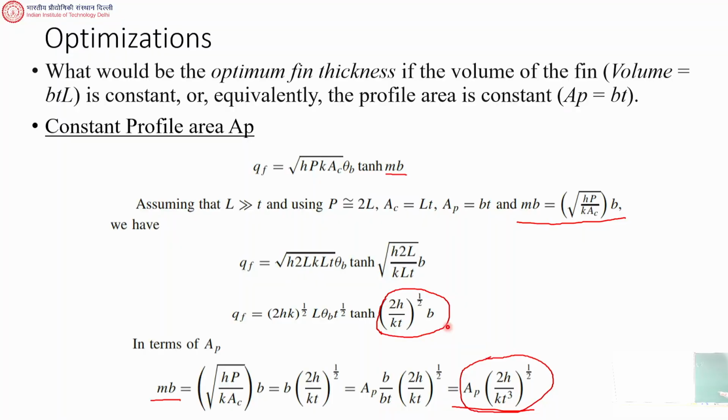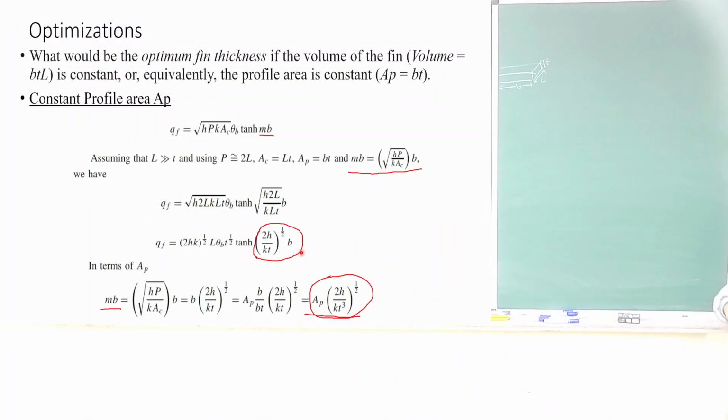Now, when we write it in terms of the profile area AP, the advantage is that we can also consider situations when AP is a prescribed number. Okay. So let's say you want to spend this much amount of material in building the fin. Then that means that's a particular volume, right? And from that we can say that this is like a particular profile area. So that particular profile area can be fixed, and then we can do some optimization with respect to that